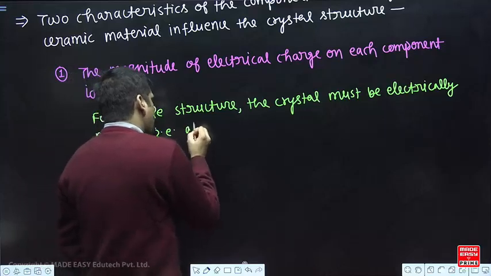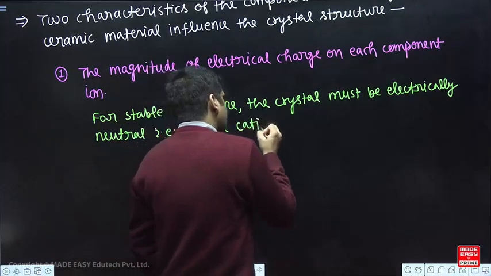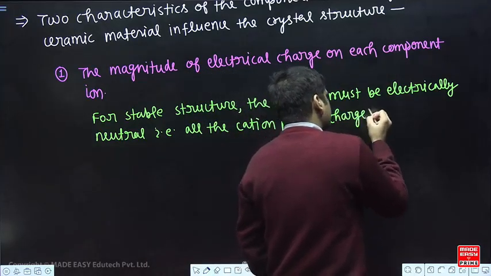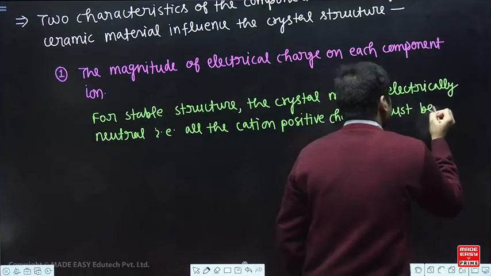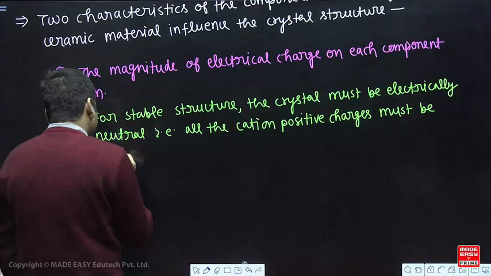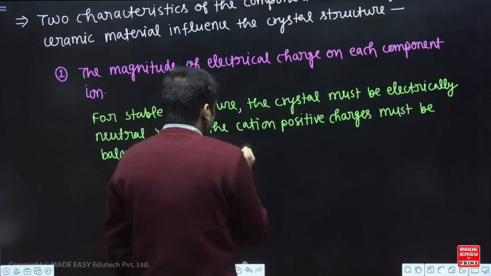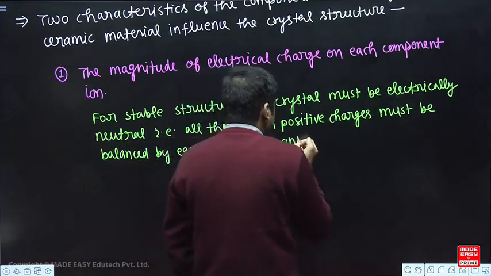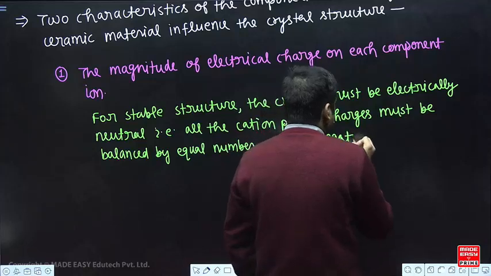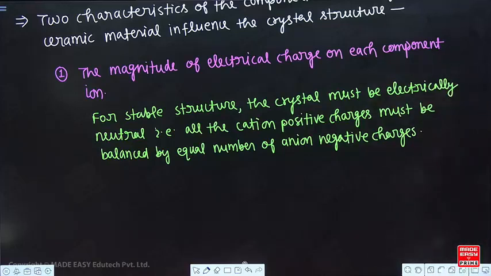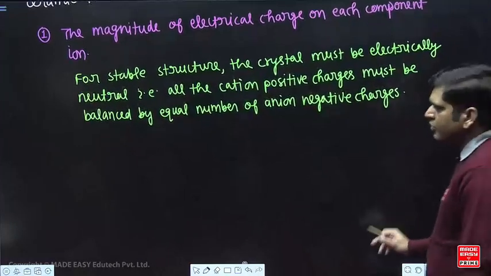That is, all the cation positive charges must be balanced by an equal number of anion negative charges. Right? For example,